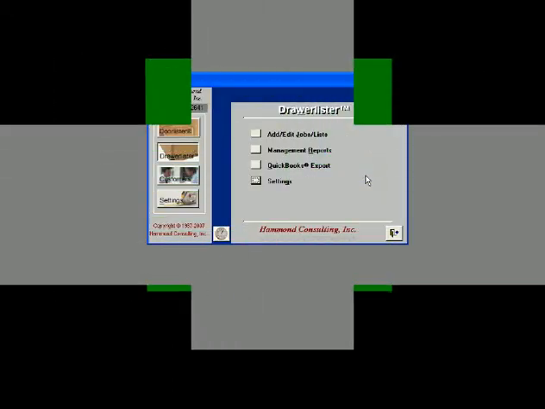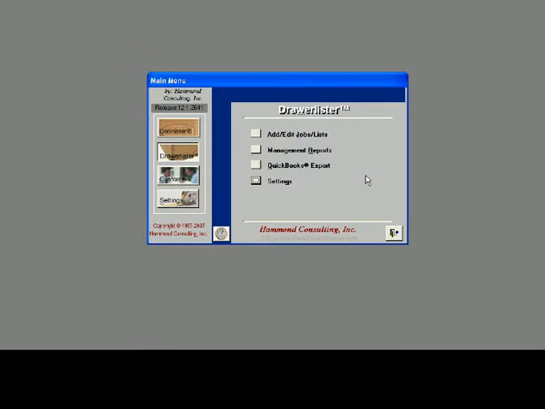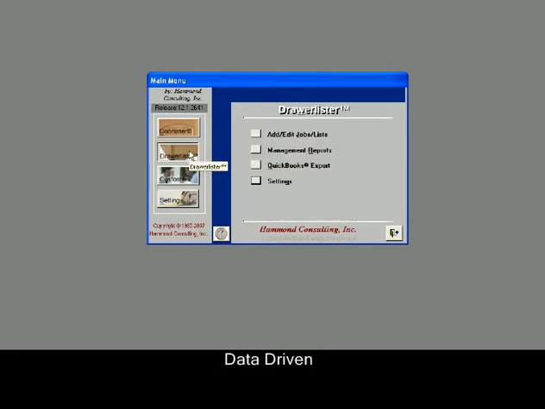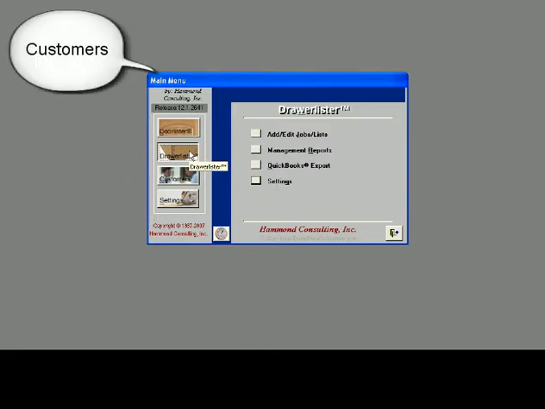Welcome to our grand tour of Drawerlister. Drawerlister is an easy-to-navigate, menu-driven program. Drawerlister is also data-driven, data which you will supply. I want you to begin to think of Drawerlister as a repository retaining records of all of your customers, drawer